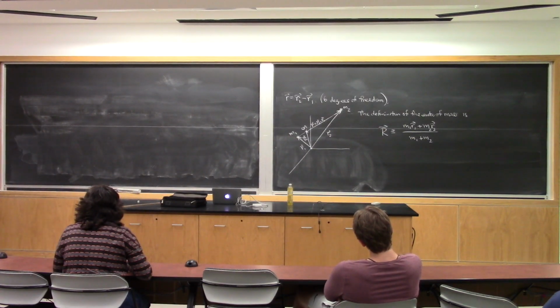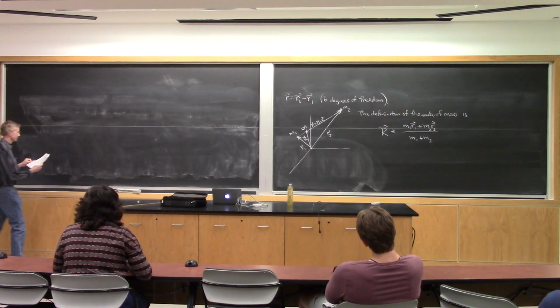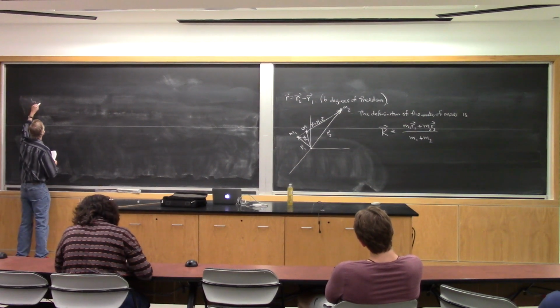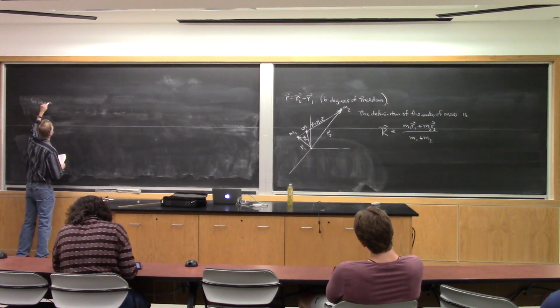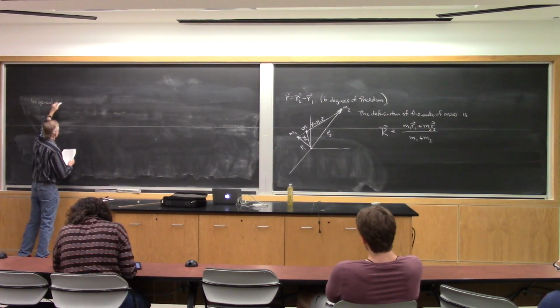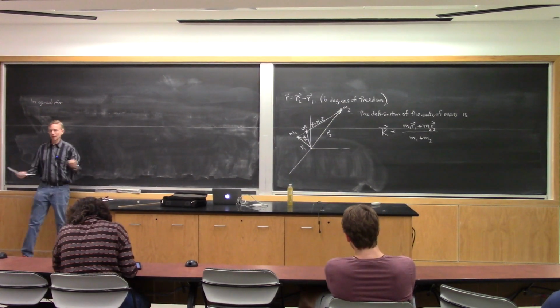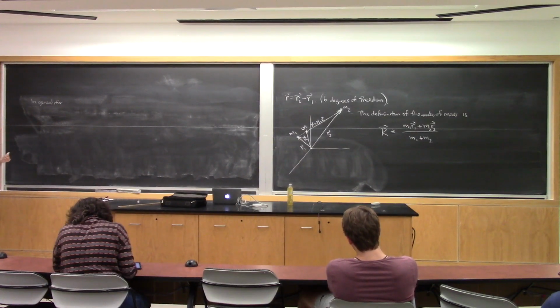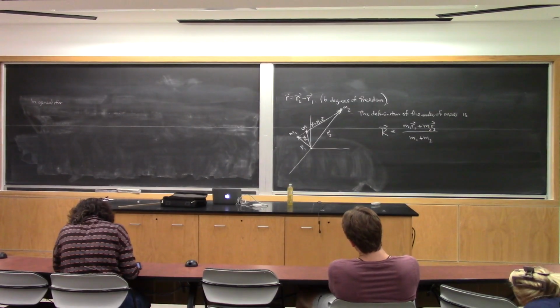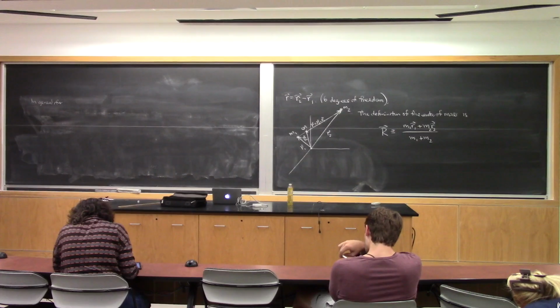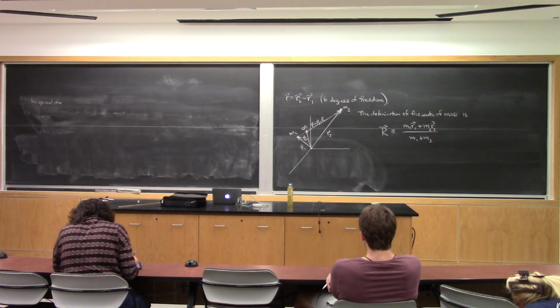Okay, let's generalize this to an arbitrary number of particles. In general, and this is where I'm going to prove all those things that I just said before about the system center of mass acting like it's a particle with the total mass of the system, and you can't exert a net force on yourself and all that kind of stuff. I'm going to make that formal here.